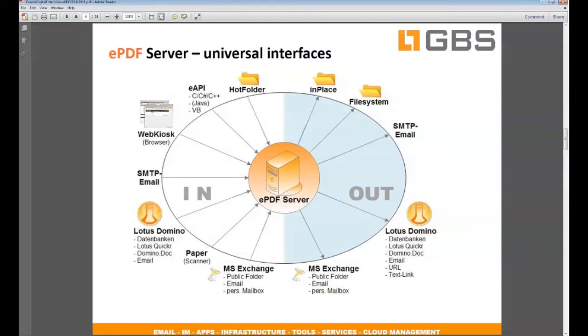And for mixed environments that also employ Microsoft Exchange, of course, ePDF can also be connected within an Exchange server to certain mailboxes, public folders, and the like. And pretty much everything that can be used to submit jobs or used as a source to pull documents